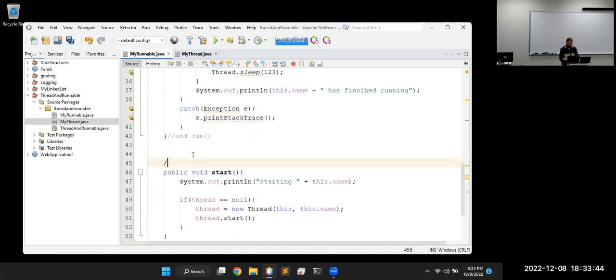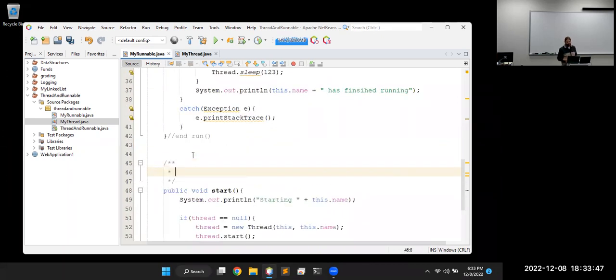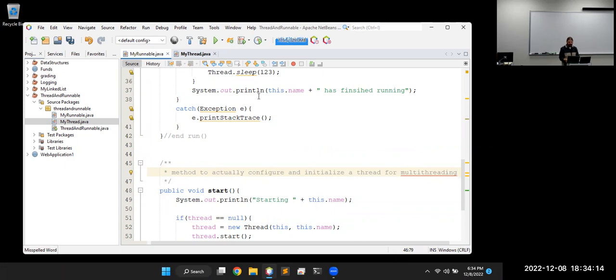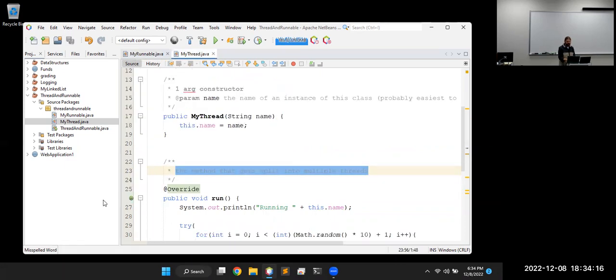And then this one, the start method is a method to actually configure and initialize a thread or multi-thread. Zoom pictures get in the way. There we go. And once we get all those in there and save it,